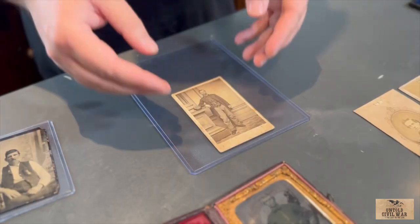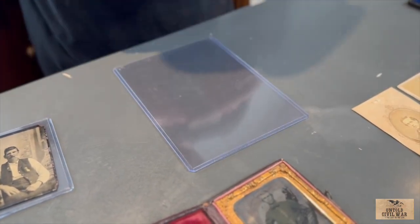So today I wanted to talk about a nice collection of Civil War images that we have here. The first grouping I want to look at are some of the images that just came into the shop, and they really show the personal touch of Civil War soldiers. Just like people today, when you're taking your own portrait, you want to add some of your own flair to the image. And so, as you can see in this carte de visite, this soldier